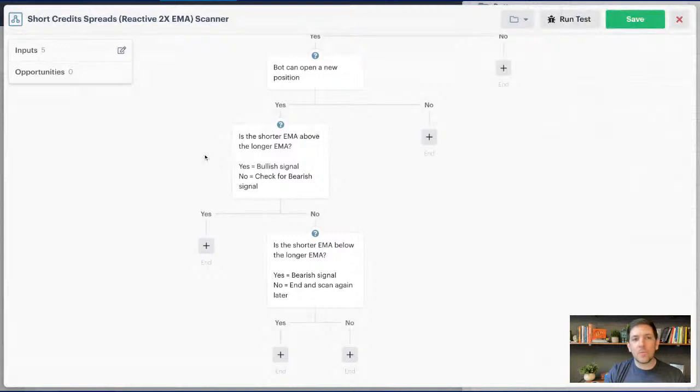Okay. So the first thing that we're going to do is build out the open position action down the bullish signal path that we have here. So we get a bullish signal, and that means that the shorter term EMA is crossing above the longer term EMA. So in this case, what we want to do is sell out of the money short